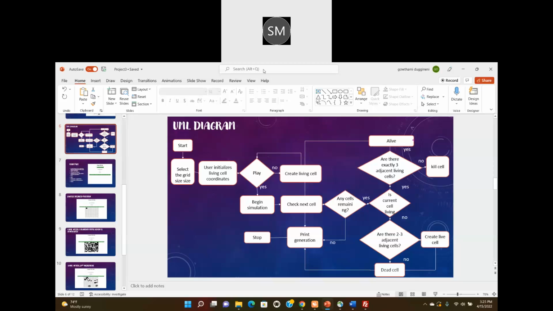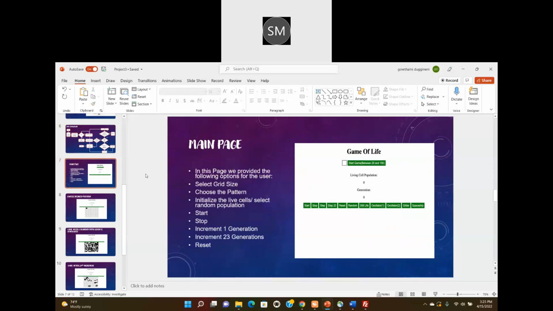So this is a basic UML diagram and this is the flow of our project. Yeah, this is about the UML diagram. And if we go to the next